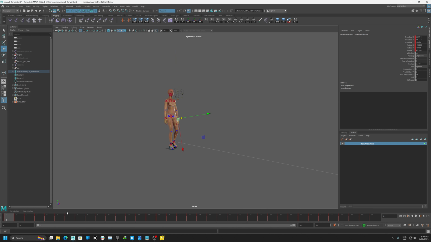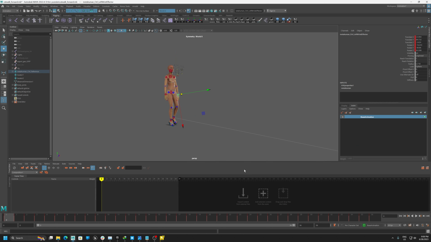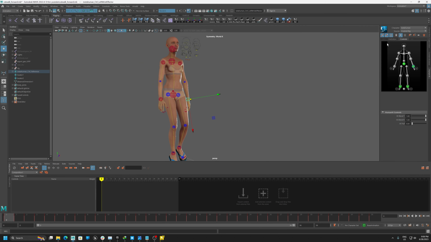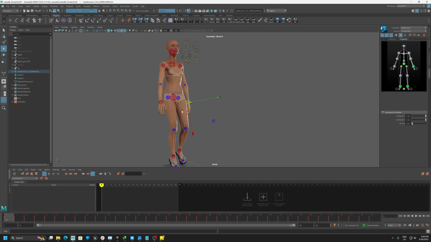And now I'm going to time editor, and here's the magical part. Because I'm using the Human IK rig, I can easily work with time editor,